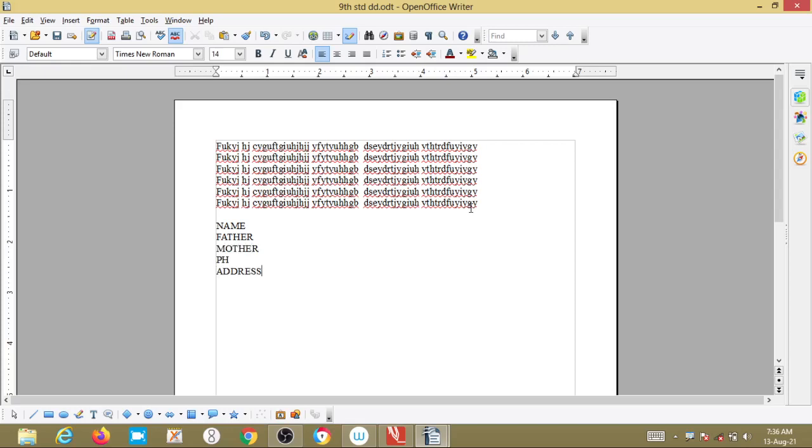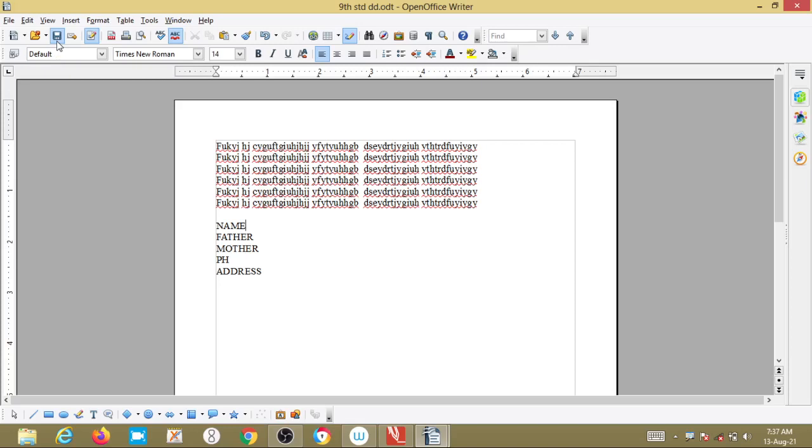This is fixed, right? Every time you open it, this page has to open. You write your name, father's name, mother's name, phone number, address. After writing it, if you save now, the original copy we opened will be saved with whatever you have written here.